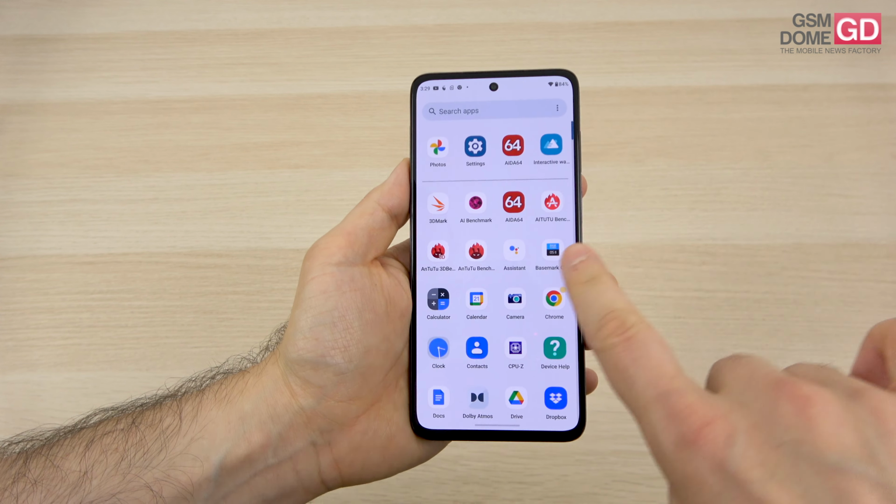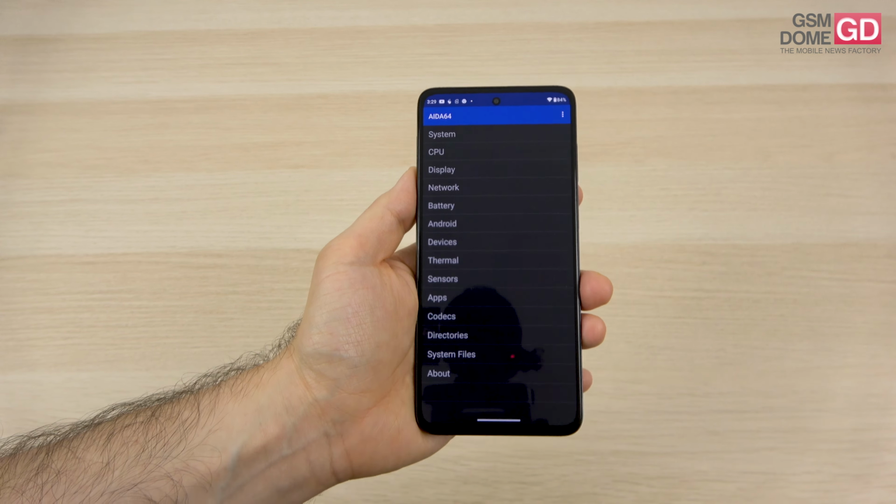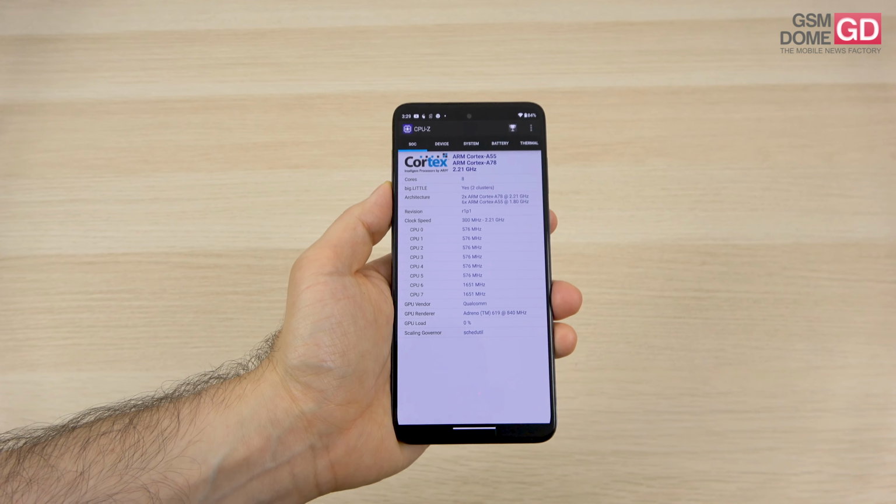Now, on the CPU front, I'm going to show you this app, which in turn shows you what CPU we have here. It's a Qualcomm Snapdragon. Well, actually, it's not a 480. Let's try the other app. As you know, sometimes they may get improperly identified, so this one doesn't identify it either. I'm going to tell you it's a Qualcomm Snapdragon,